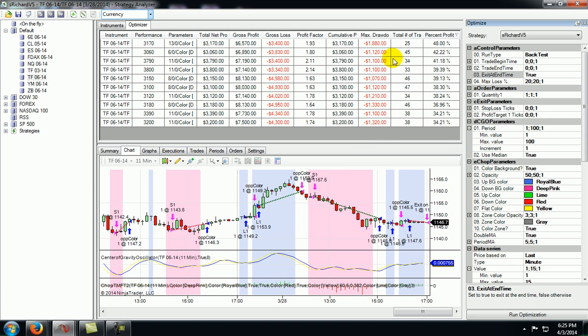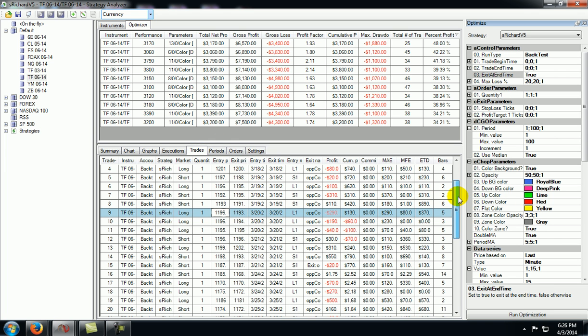and I think this is kind of misleading here, because this drawdown is based on the maximum number of losers that you can have in a row and the highest losing trades that you've had. So if we were to look through here,